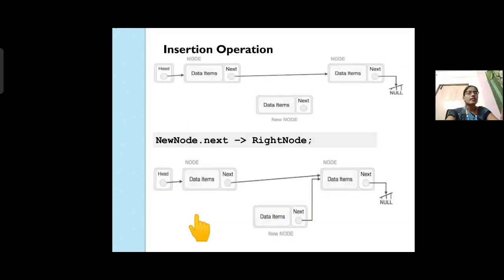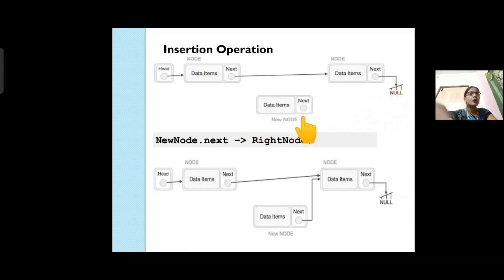First, insertion. Insertion means inserting the node. Deletion means delete the node. Reverse means reverse the linked list. For example, the insertion operation. If you look at this diagram, first the starting head node, head pointer. Head is connected to the next node and the next node's next pointer is connected to another node, and the stopping point is null.